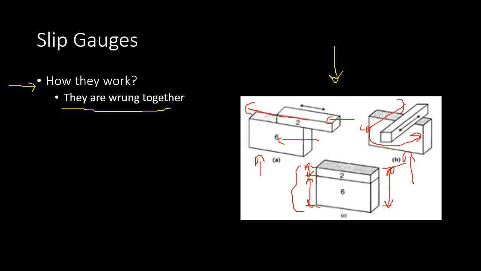The success of this system depends on the combination of the slip gauges. Of course, you need to select them properly. The selection of gauges must be done properly, and with a proper selection of slip gauges, any dimension can be built up. The process of ringing will be explained in the lab demonstration video, and I will upload the link of this demonstration video in the Google Classroom.